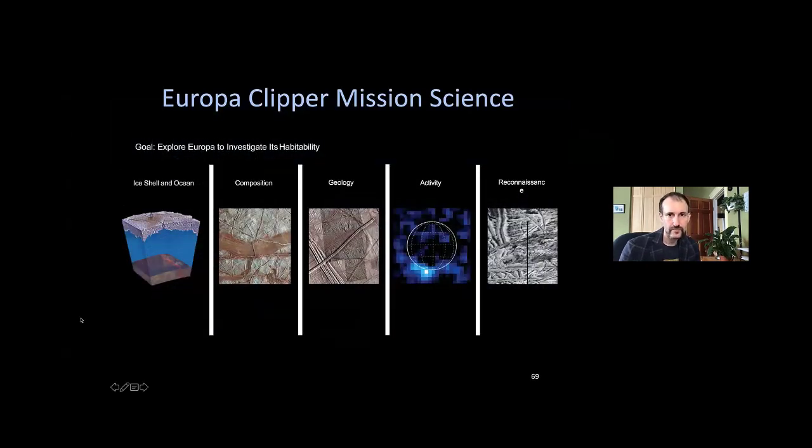So the Europa Clipper mission then is conceived with the overall goal. Now I'm going to adopt some sort of formal language to describe the mission. The overall goal agreed upon with NASA is to explore Europa to investigate its habitability. In service of that goal, the objectives of the mission are established to investigate the ice shell and ocean